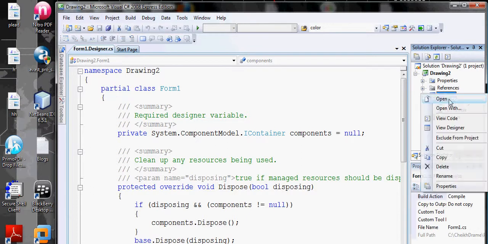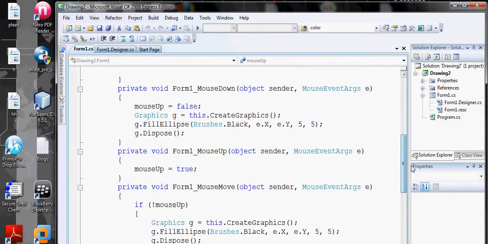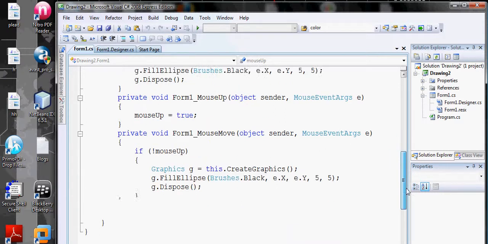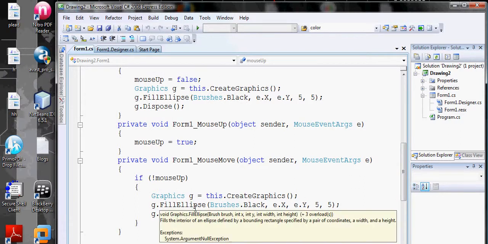So the basic functionality is to have the graphic. We make sure that we have mouse, and here we have mouse move. You can have mouse drag, and all those things. And what we do here, we do